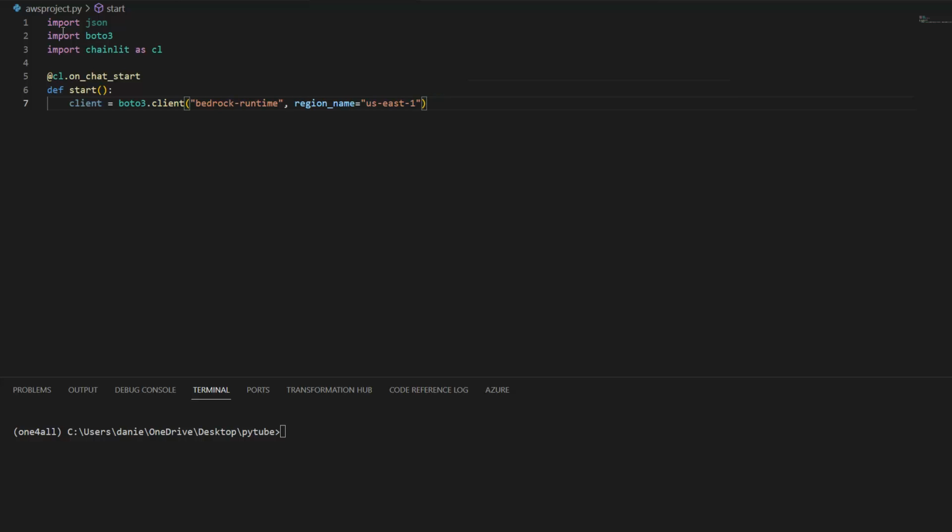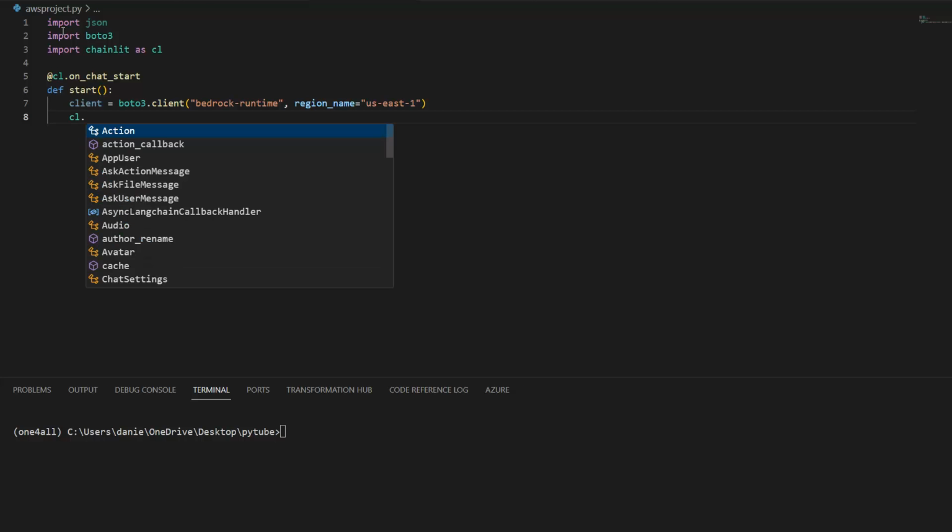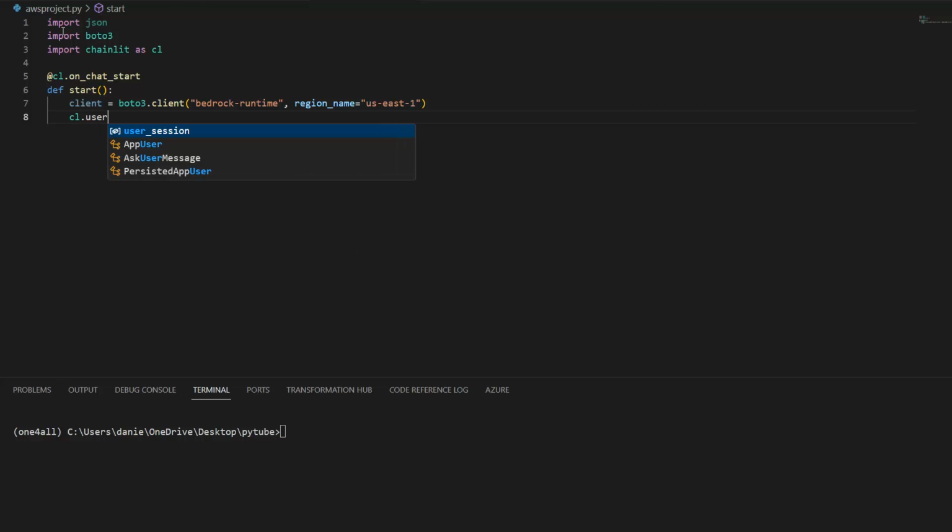And then this client, which we create here, I want to store in my Chainlit session. This is what I'm going to do on chat start, so that the client itself is instantiated and then saved in my session, the session which we're going to use when we call the Chainlit user interface. So for that, I say cl.user_session.set, and we simply set the client equal to the client. So we have this. Okay, so now we have stored that,